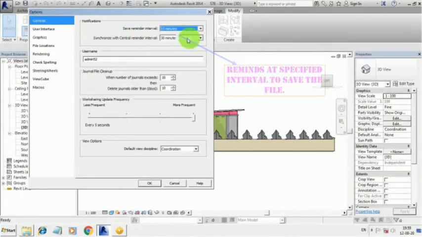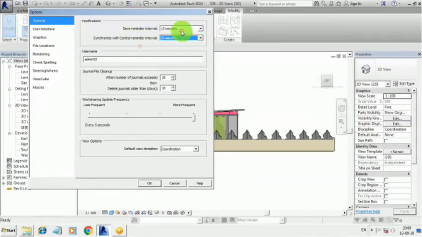So just opening, you can see the dialog box appears here. At the top you can see the save reminder interval option, which means it reminds us to save the file at a particular interval. Just set the time interval at your comfort.